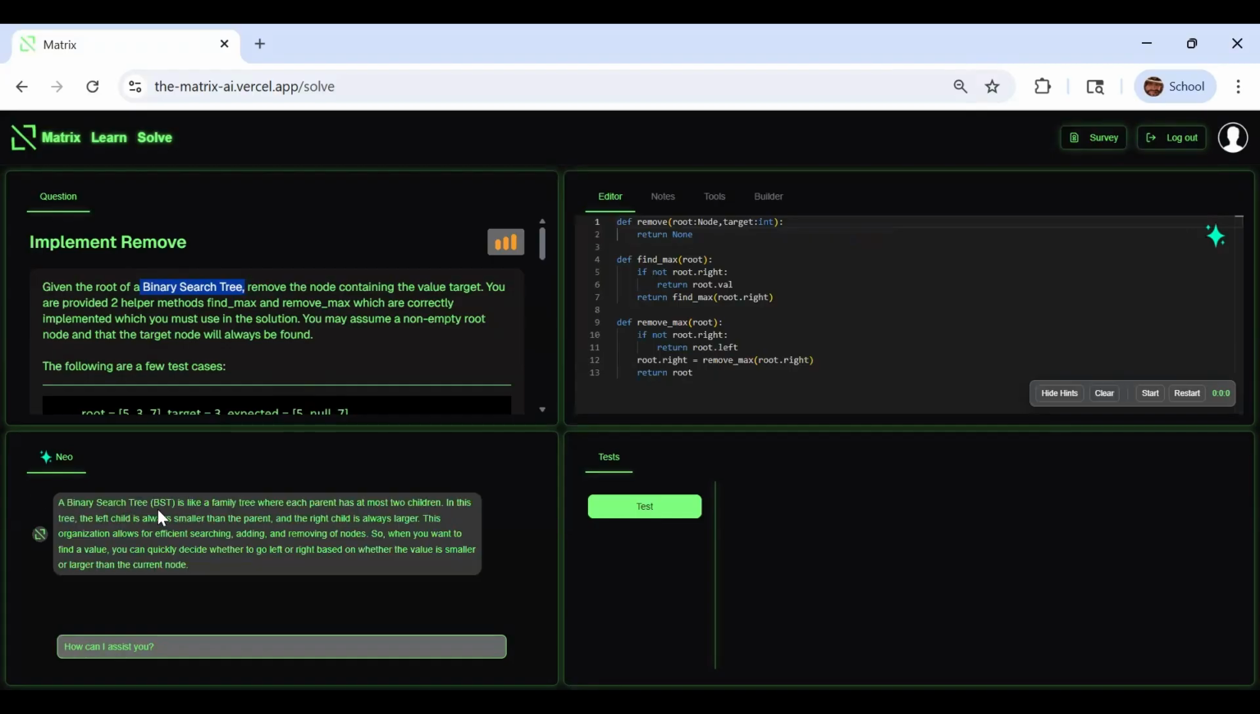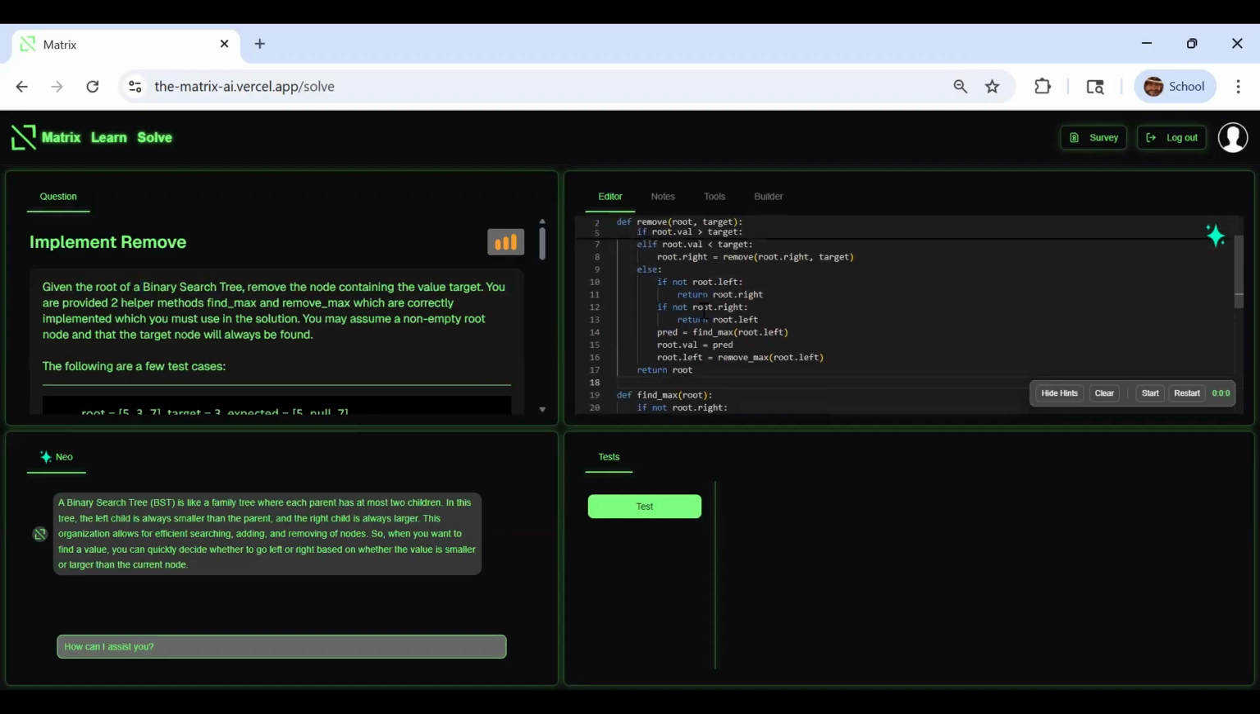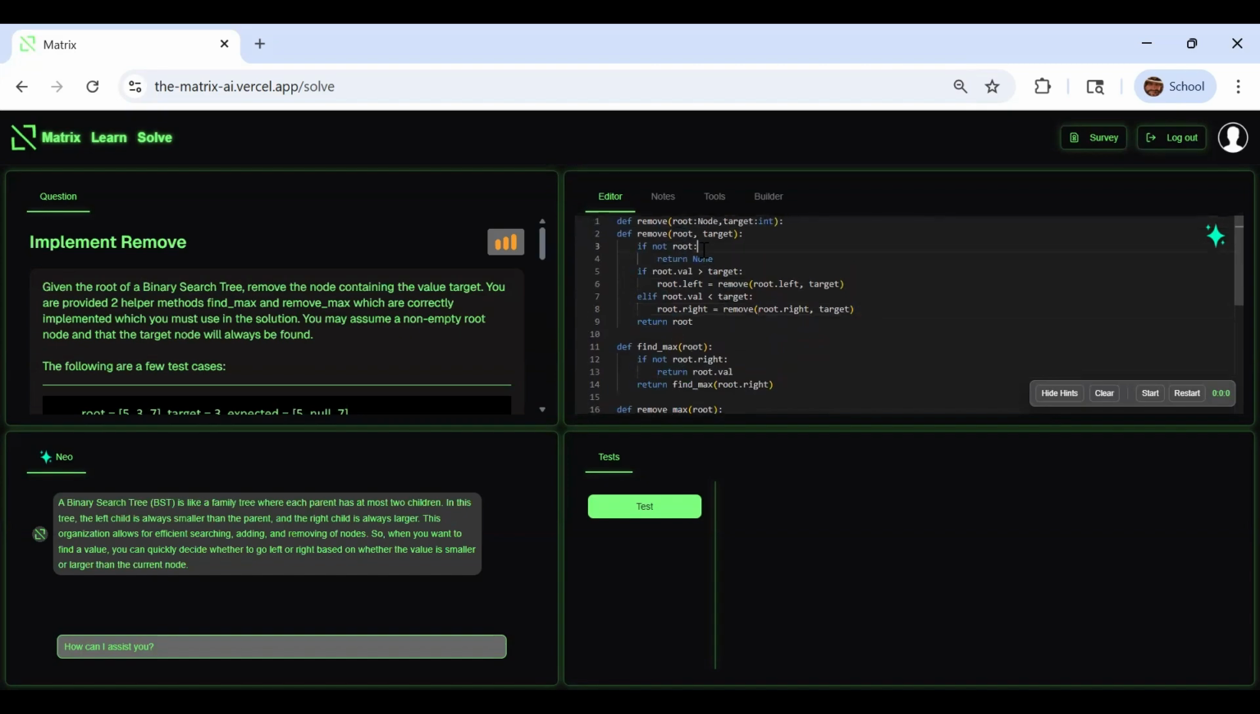So you can see that staying true to our learning preferences, it explains binary search trees in terms of a family tree, so an analogy. Right, so I'm going to paste the solution to this problem here, and I'm going to introduce some errors to test our agentic capabilities. For example, I'm going to remove this else clause. And also, I'm going to add this colon here, which means that the code will not compile or will produce an error. So if I click test,